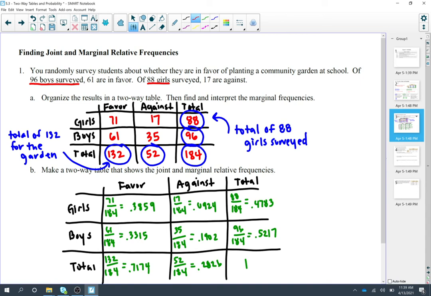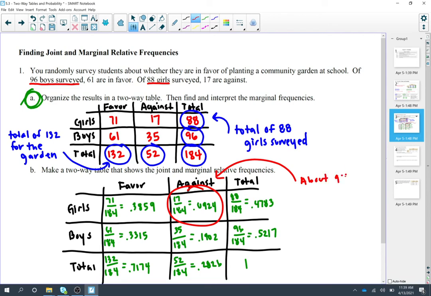Now, the reason we would make a table like this, which when we're typically answering questions, you don't make the entire table. You just base everything off your table from A and find the one you want. So let's say we're looking at this joint relative frequency. Well, what this joint relative frequency is telling us is that we had 17 girls who were against the community garden. So this is roughly about